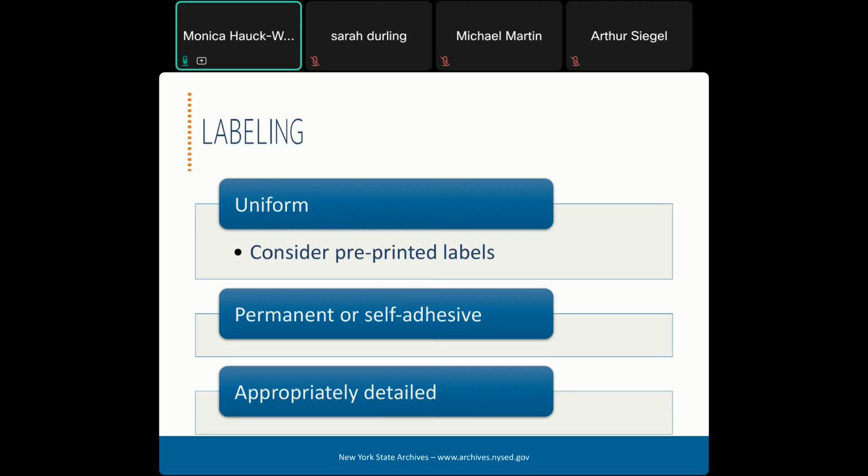If you tape over labels or tape over printouts from a word processor document, you're going to want to not print over any barcodes or QR codes if you're using glossy tape, because that's going to reflect the light from any scanning device you're using and make those barcodes or QR codes pretty useless. All labels should be printed using waterproof ink or toner in case you have a water issue in the record center. And if you want to reuse records boxes without peeling off or crossing out outdated labels, you can use plastic label holding sleeves. Again, foil-backed is less likely to fall off than those that aren't foil-backed.